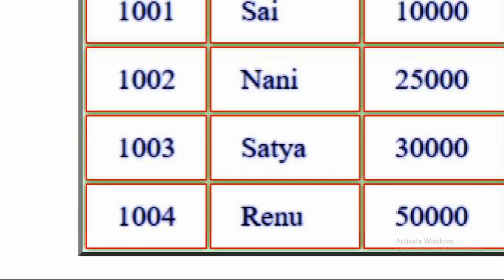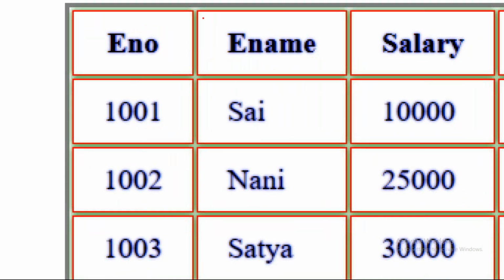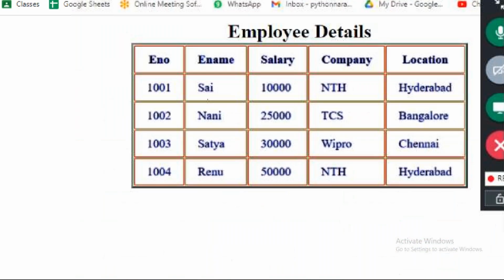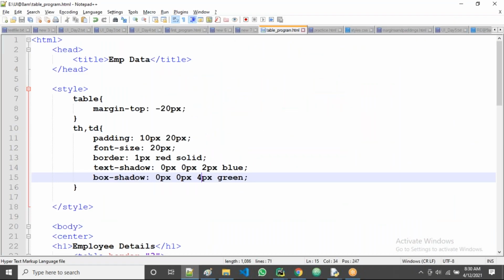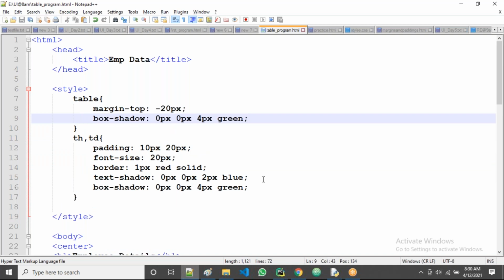Right, guys. Okay, so what is happening here? The boxes, right, guys? Boxes are there. That's why the shadow is not used properly. All can observe here, guys. Shadow, right? You can observe now. I want it at table level. Then the same one. What do I do? We'll go here. We'll apply here. The same, table level, guys.